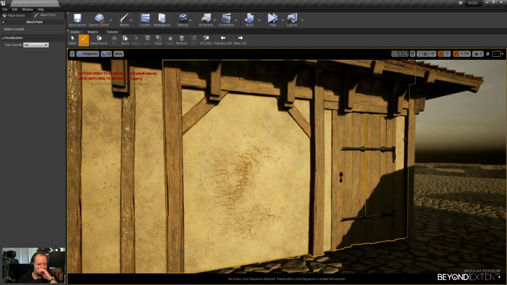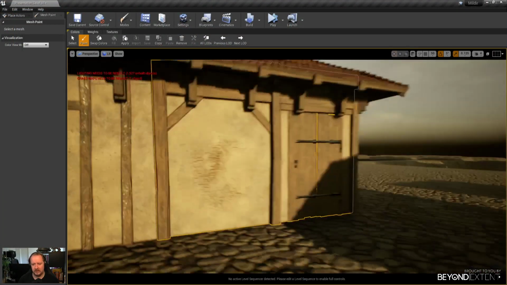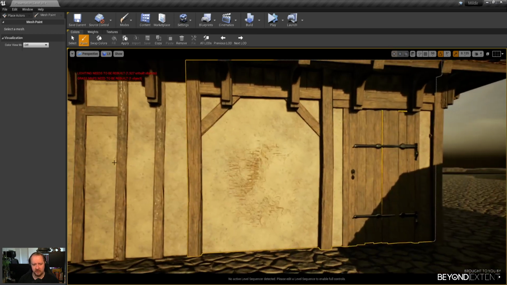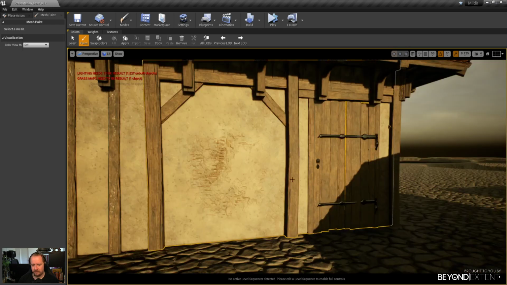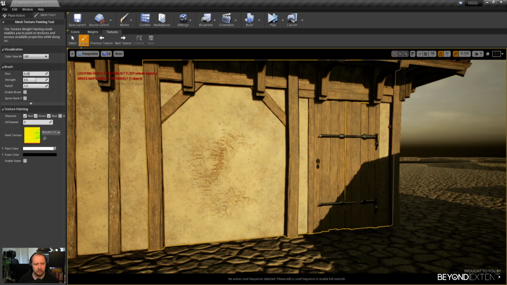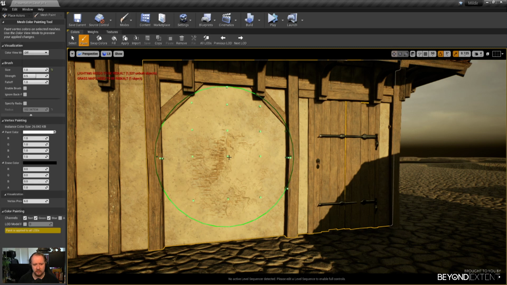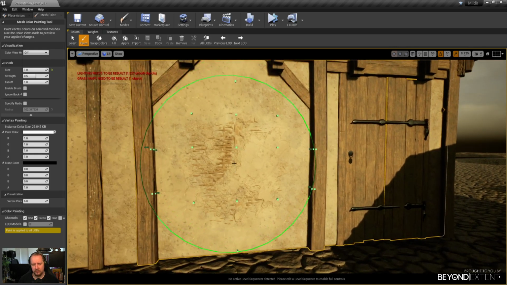Switch it over. There we go. So these are some of my walls that I'm using in my current environment, and I'm really interested in vertex blending on these parts. So if we go to textures, oh no, paint colors. This is the density that I'm using currently. Because with a height blend, it's going to use the height map to blend it even better than it does with normal vertex paint.